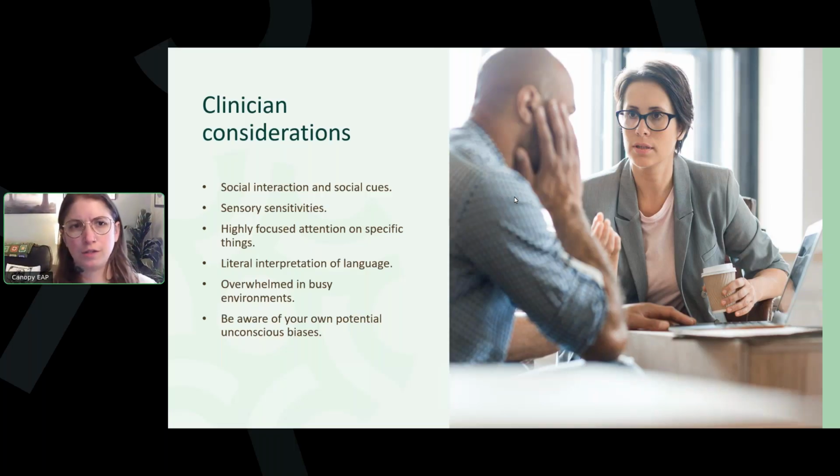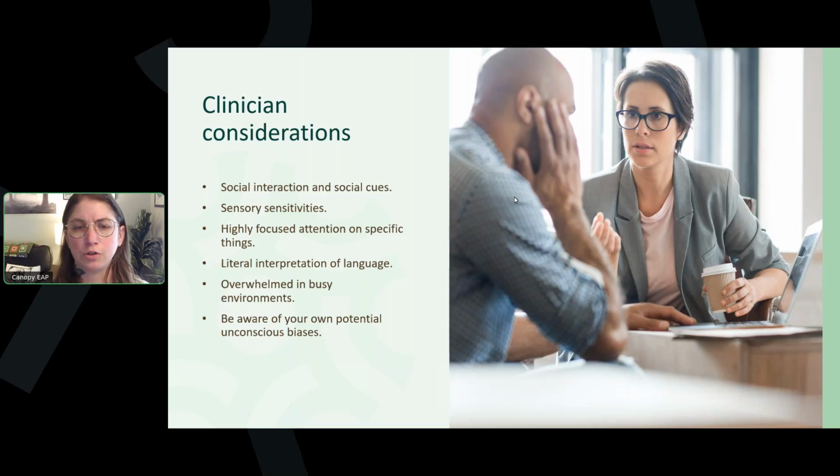So I wanted to give an overview of considerations for clinicians. We're going to go into much more detail around some of these, but first, being aware of neurodiversity: how does that impact how an individual navigates the world? And of course, also how the world treats individuals in general. It's about having the ability to understand context. For some, and every single individual is different, and I think as clinicians, we know that. So regardless of diagnosis, each specific individual is unique. But thinking about neurodiversity, in some cases that may